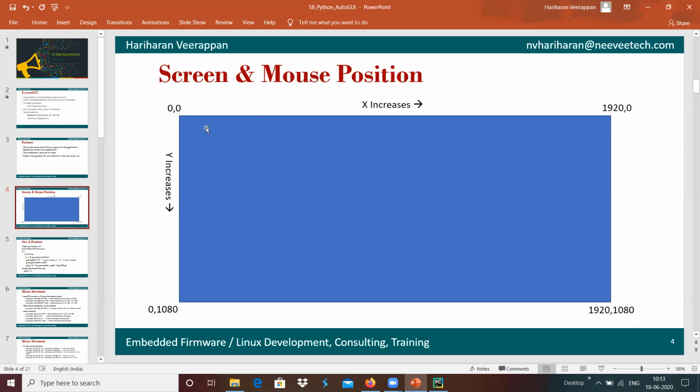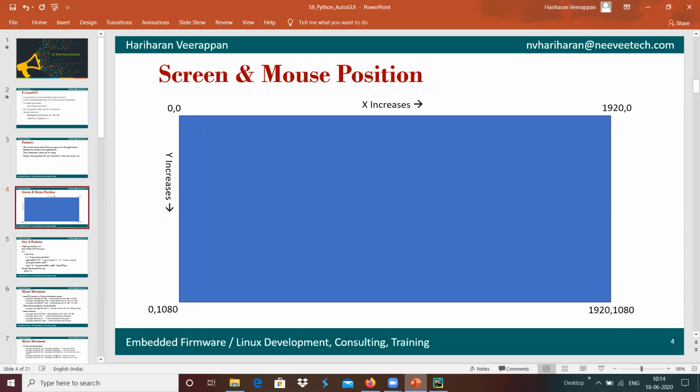The cursor position starts from 0 cross 0, which means x is 0 and y is 0 at the point where I am placing the mouse. At this point x is 1920 and y is 0.